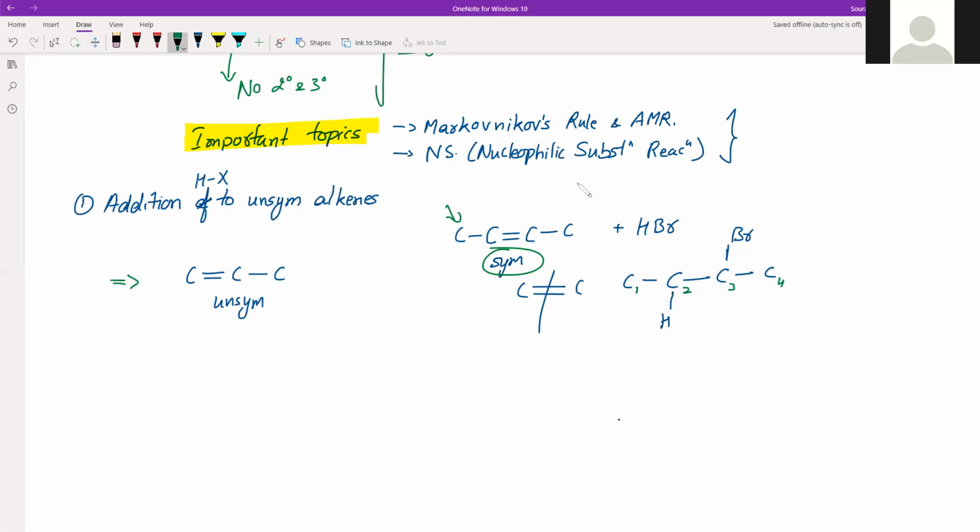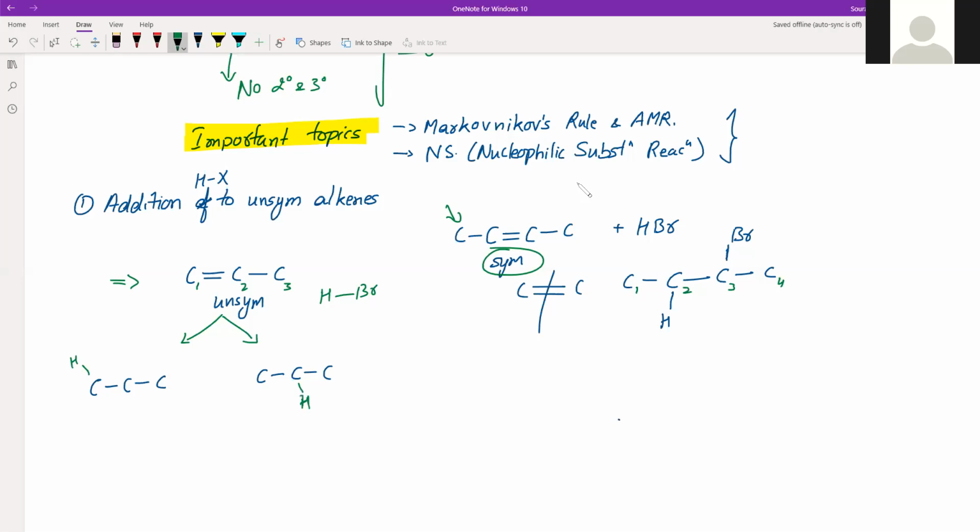In that case, theoretically there will be two possible products. Now what are the two possibilities? This is C1, C2, C3. Out of H and Br, H can attach to C1, that is the first case, and H can attach to C2, that is the second case. So both are theoretically possible. That is, it will be C, C, C. In the second case also it will be C single bond C single bond C. The H which we have to attach can come here, or it can also come here.